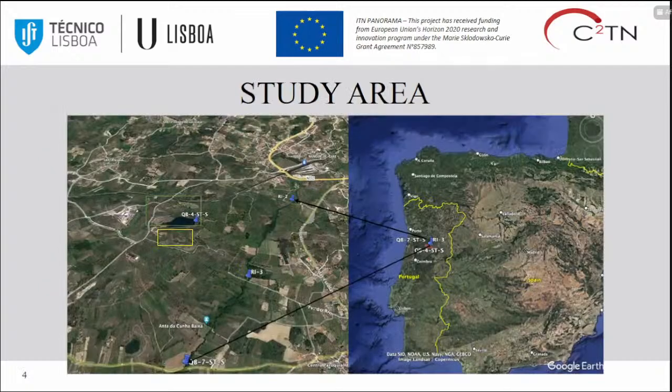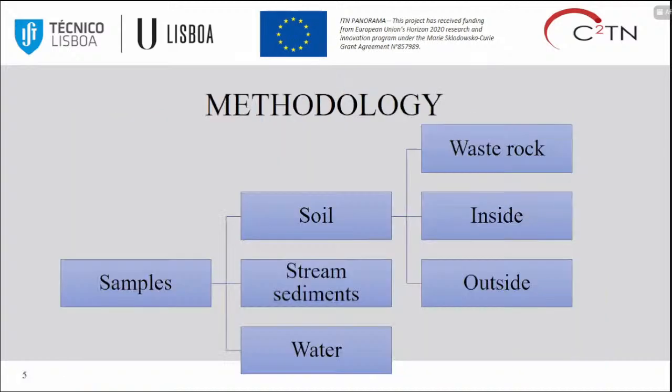My study area, you can see, is in Portugal, in the center of Portugal, specifically in the Mangualde region. The mine is Quinta do Bispo mine. It is an old uranium mine. The main geological context is granite rock in different types of granites, and you can see two squares in the Google Earth picture. I will explain later what I mean. This is this rectangle.